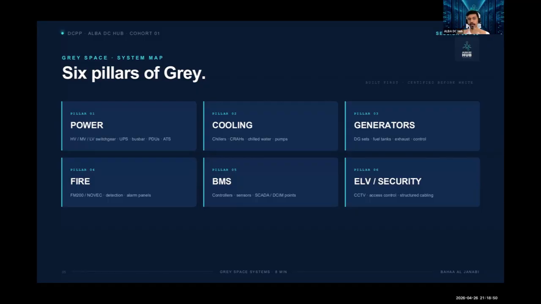Sometimes you need to go below the optimum if you're working in Alaska or Russia or the Nordics. But usually it's the cooling, because you need to cool down the servers, the racks, because they are generating a huge amount of